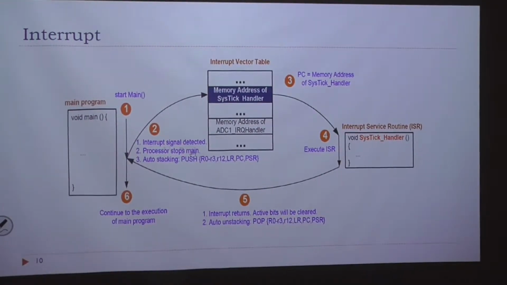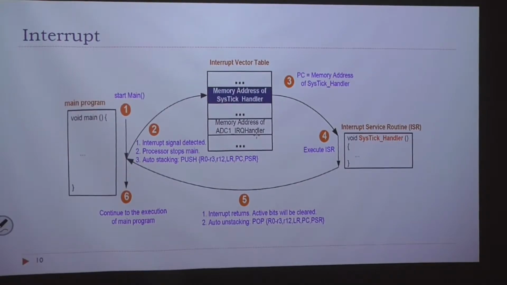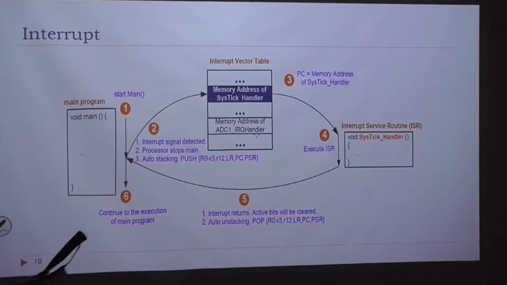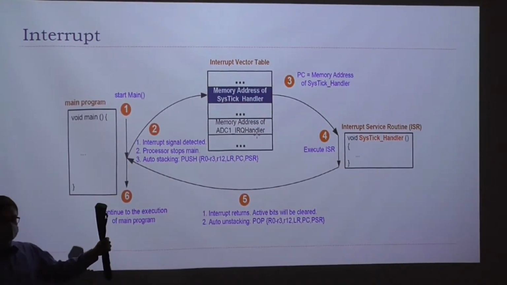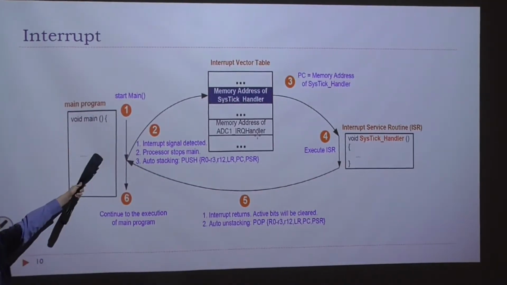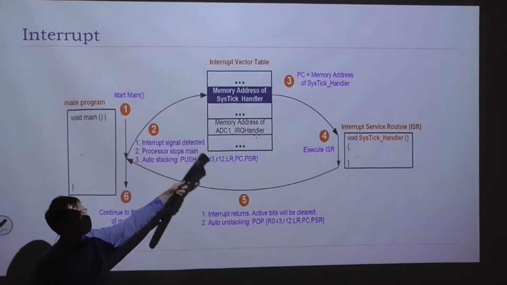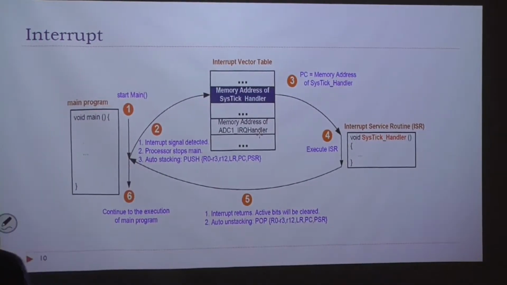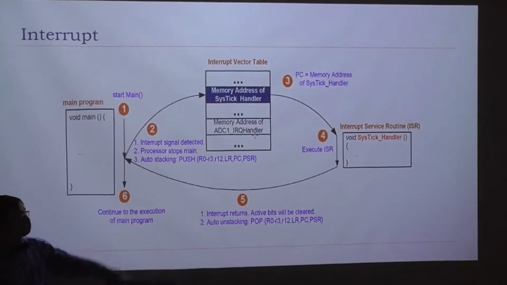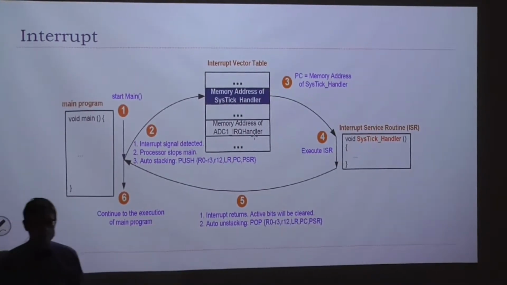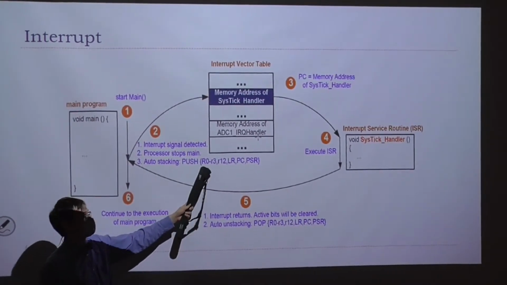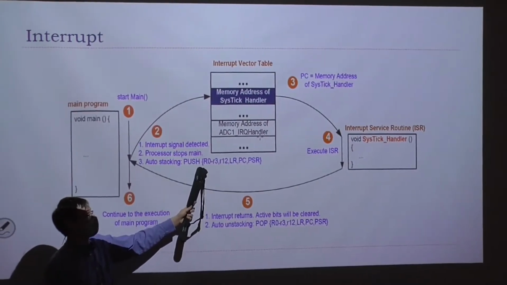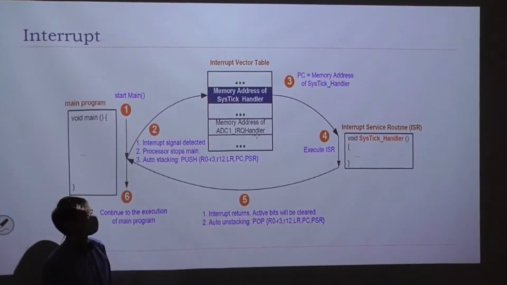So that's kind of your overall view. One of the operations that occurs when we are loading from main into the interrupt service routine is what's called auto-stacking. Essentially, the states of certain general purpose registers, R0 through R3 plus R12,